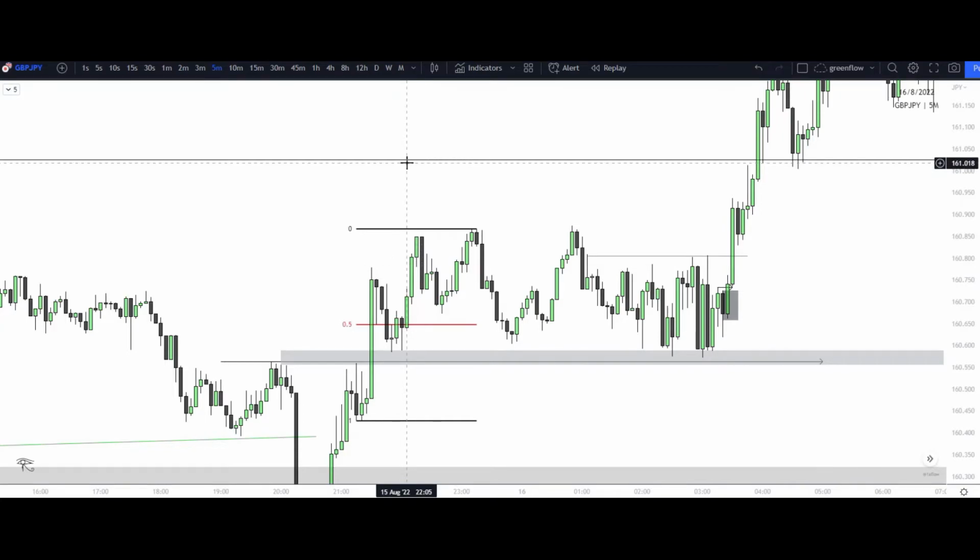But we look for where price is accumulating or distributing within premium or discount and what half it is. So within the first half, we can see that distribution. Price was distributing to the downside, came back up, took out the highs, and now it started to continue to the downside. So this is where it got very interesting, because price came up, raided the lows to the downside on the second half. So now we're manipulating lows and then leaving highs.